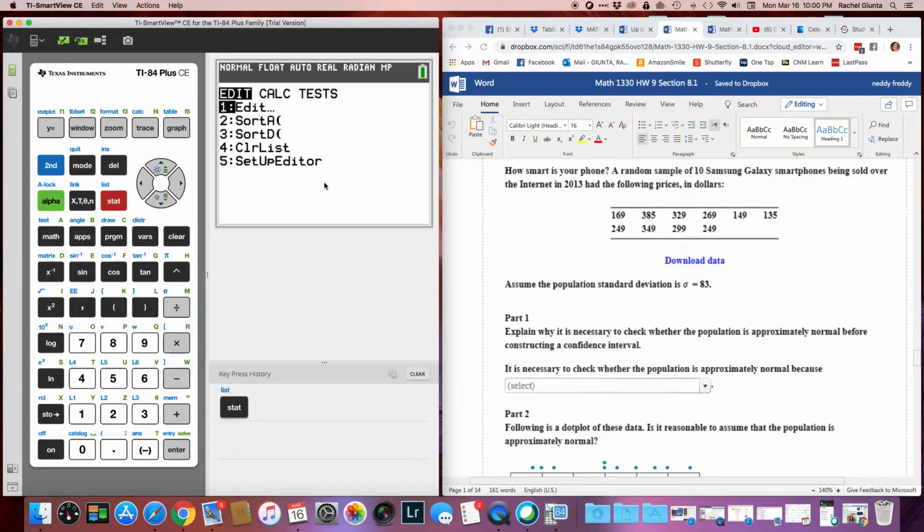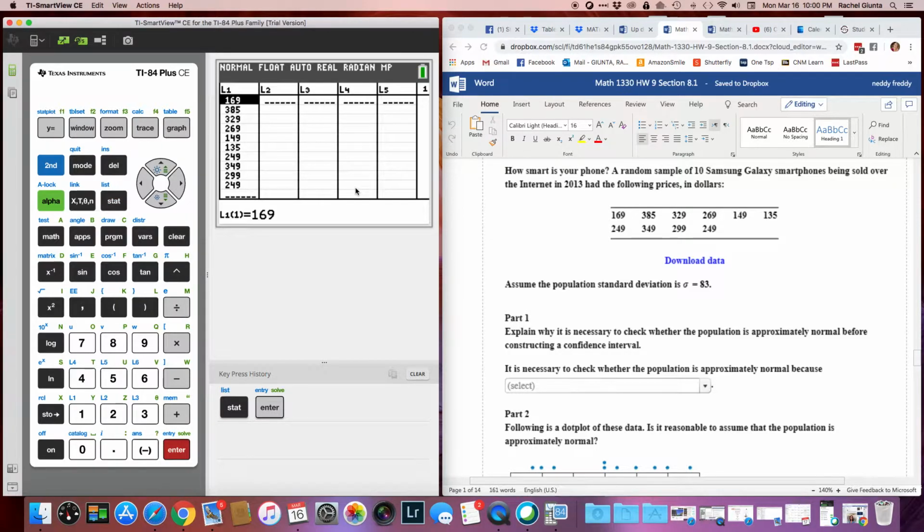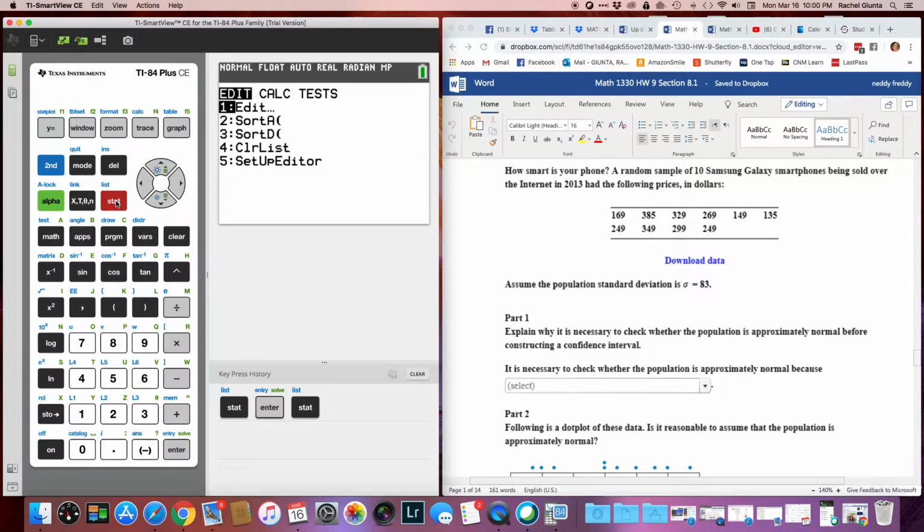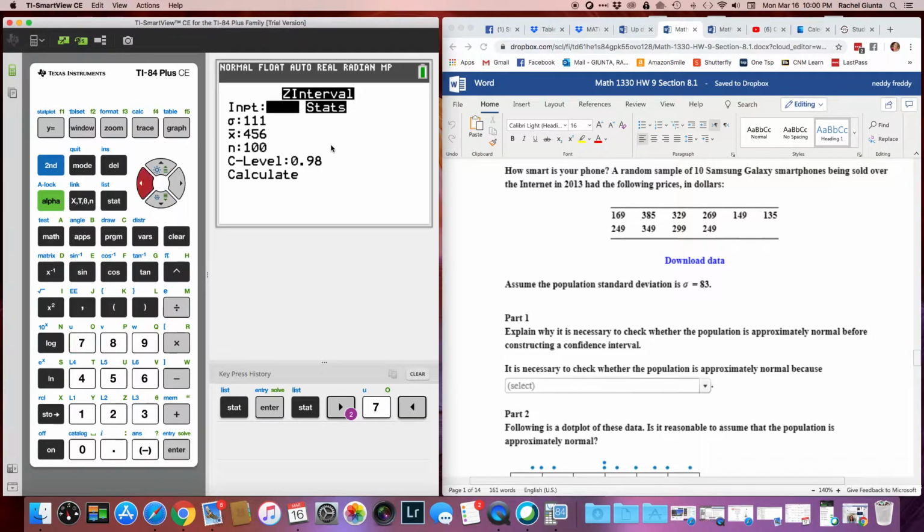and we only have L1 in this case, no L2. And so stat, edit, enter, and I've entered the numbers in here, but make sure you clear out any numbers from L2 before you proceed with this. So I've got the numbers in here, and then again you go to stat, tests, and 7, just like we've been doing. And now we're going to move this from stats over to data, and that will change what